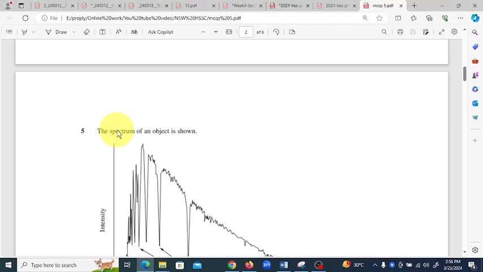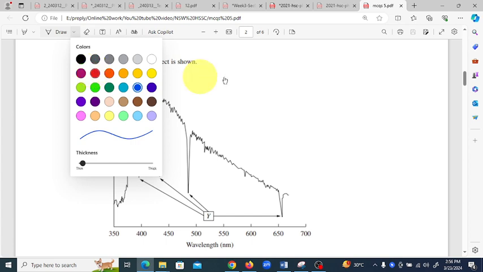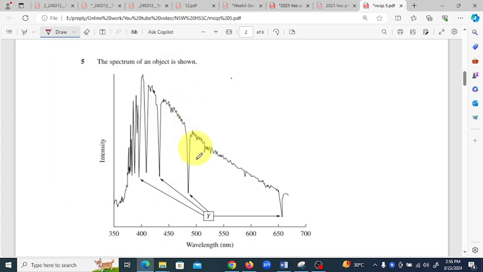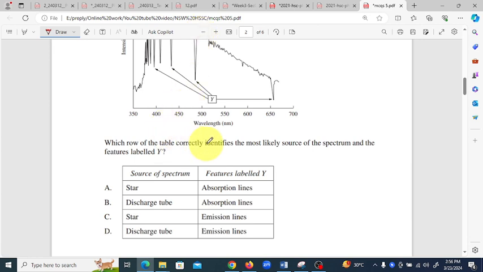Question number 5. Here you can see the spectrum of an object. These lines, these dips, are actually the absorption lines, the rays that are being absorbed. Explain which row of the table correctly identifies the most likely source of the spectrum and the feature